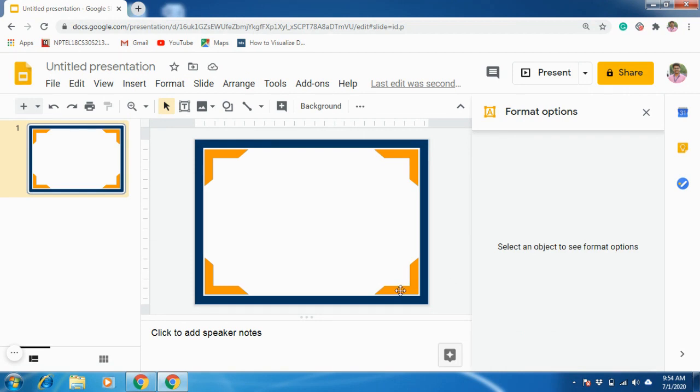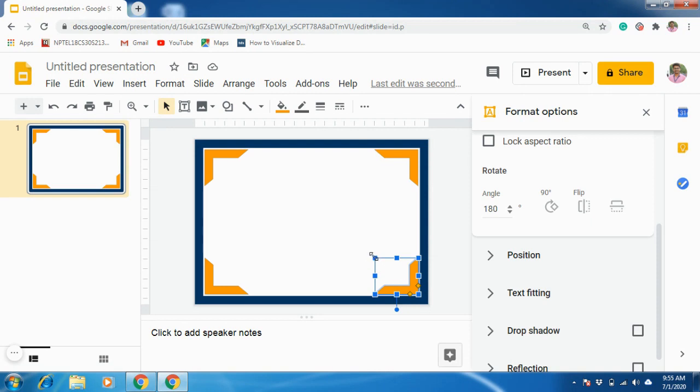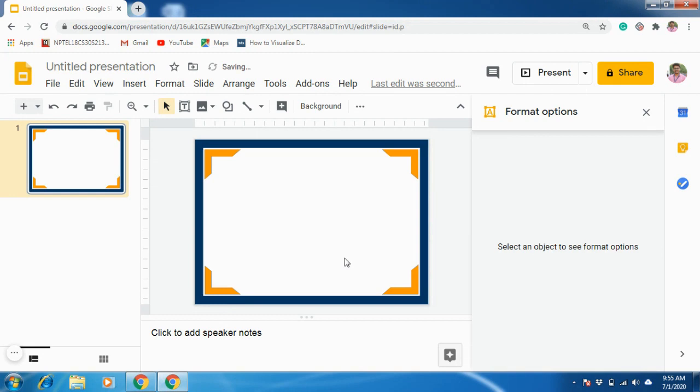If you want to reduce the size also, you can reduce the size simply like this. So now this is one of the frames, but you can do more.